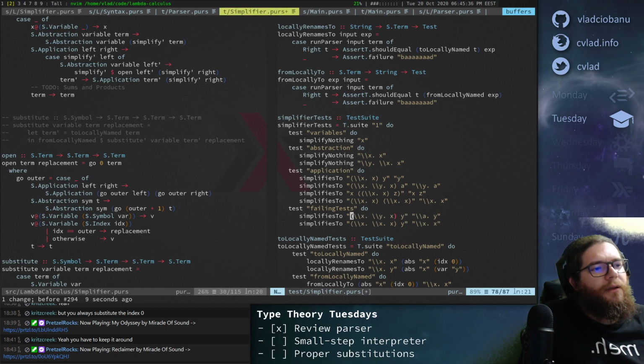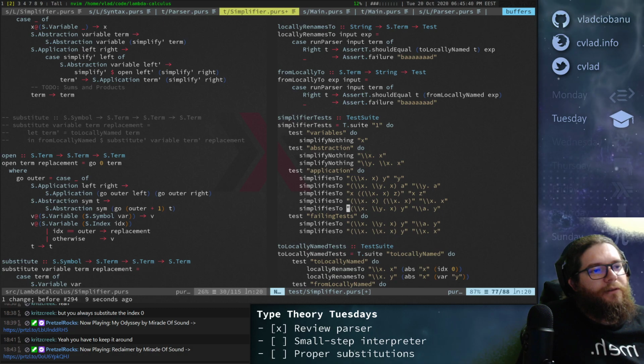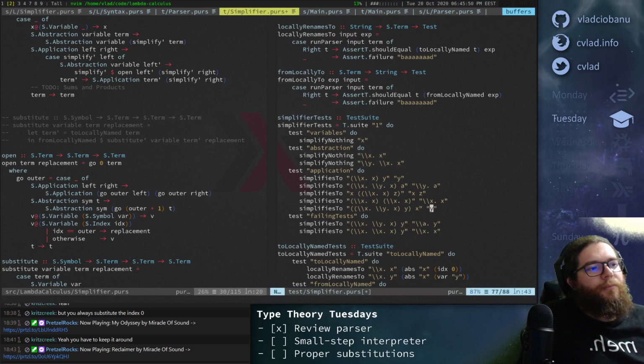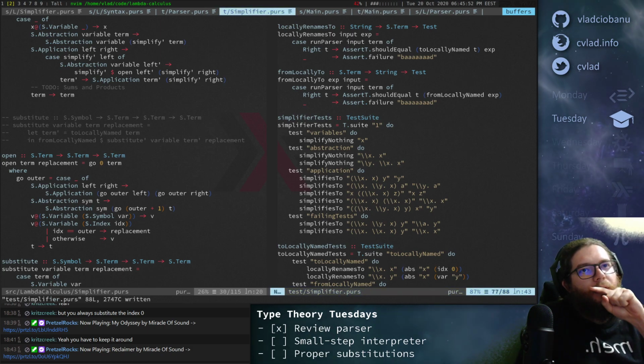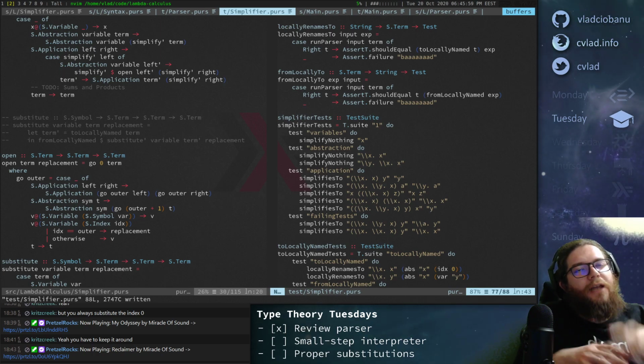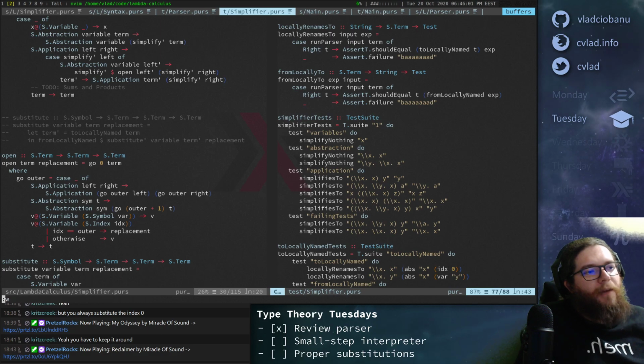Okay, let me write a different test, because this is a correct test, right? So if we take all of this, because the result is y.y, right? So if I apply this to x, we'll actually get y instead of x, I'm pretty sure. So the problem is just when we are from locally named, when you're going back, we need to make sure that we're not renaming back if the clash happens, I think.